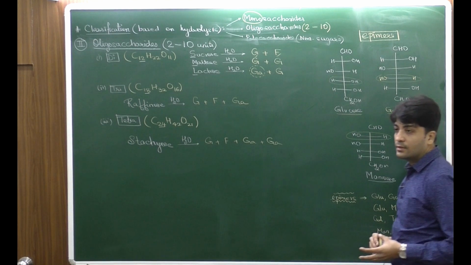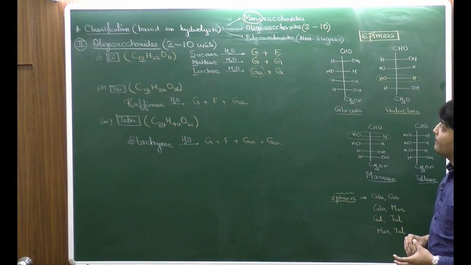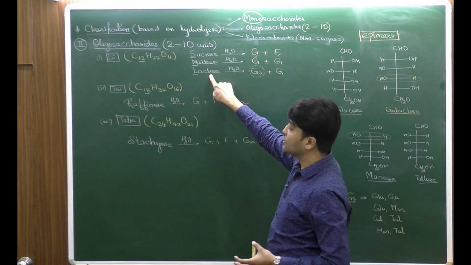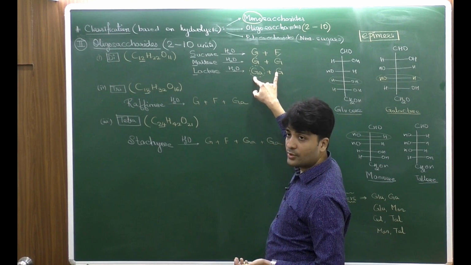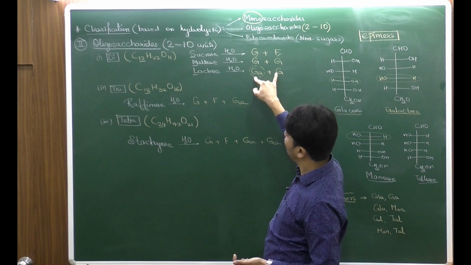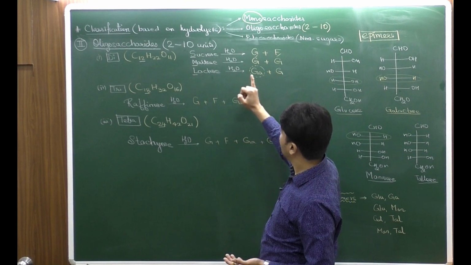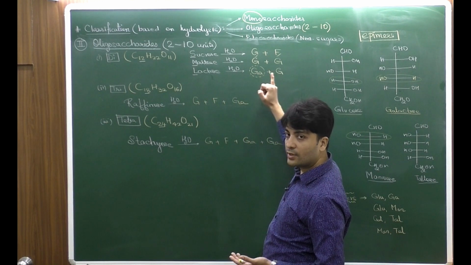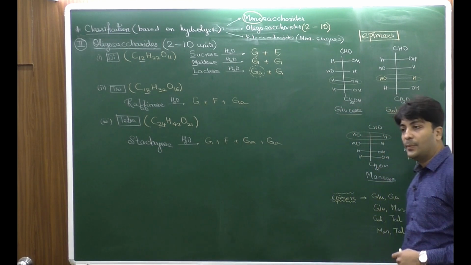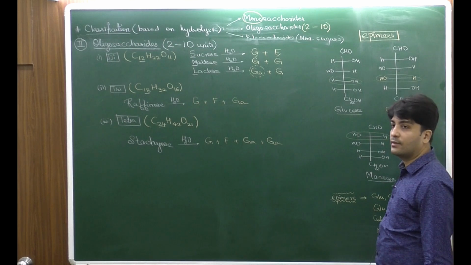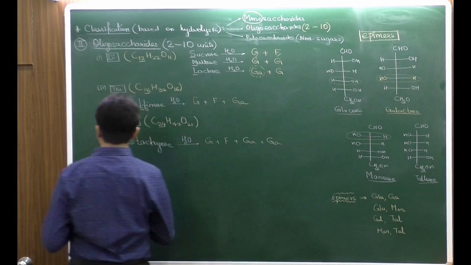Clear? Okay? So, because when we look at the structure of lactose, the first unit is galactose and the second unit is glucose, from which there is a loss of water and a glycosidic linkage is formed. So the linkage is formed from the first unit of galactose and the second unit of glucose. When I explain the structure, I will justify this. For now, remember it is in the same order, so do not reverse it. Okay? And the third part is